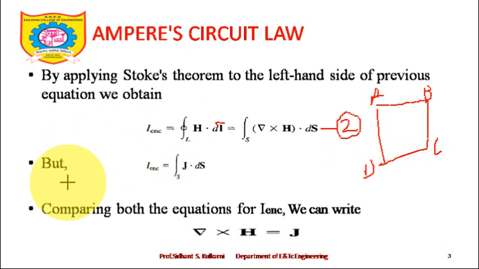We have gone through the current continuity equation. You just refer to the PDFs which are already uploaded on the LMS and go through them. You will find the expression for I enclosed. I enclosed is the current enclosed, equal to j bar dot ds bar. One can ask me a question: what is j bar? J bar is called the current density. If I enclosed is equal to j bar dot ds bar, the unit of j bar is ampere per meter square. This is also an expression we have gone through in the second unit.